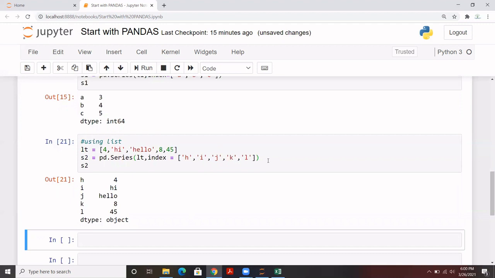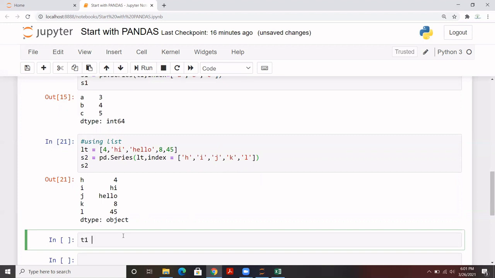For example, in case you have two series, you need to perform certain operations on those series. So you should know how it works. Let me give you an example for that part. Let's say I have created a series, for example, that is T1.